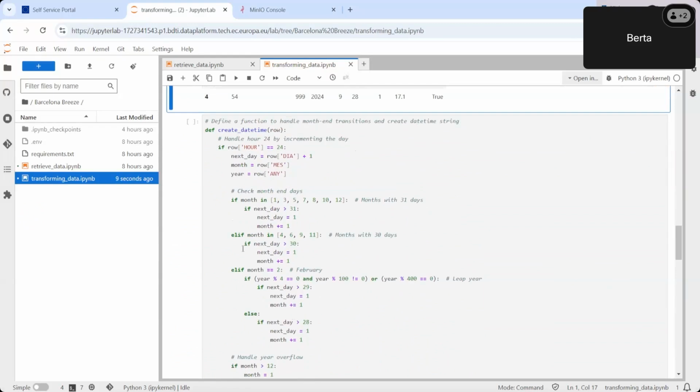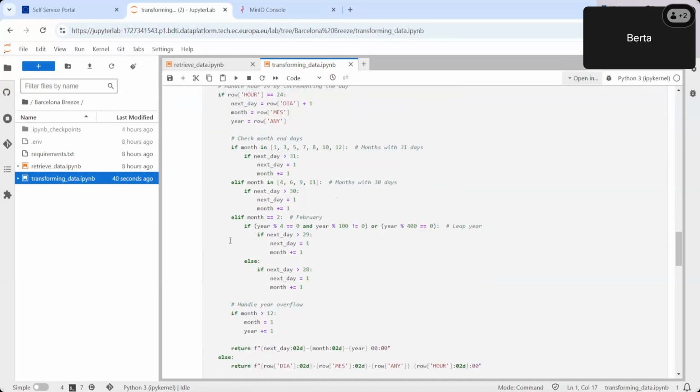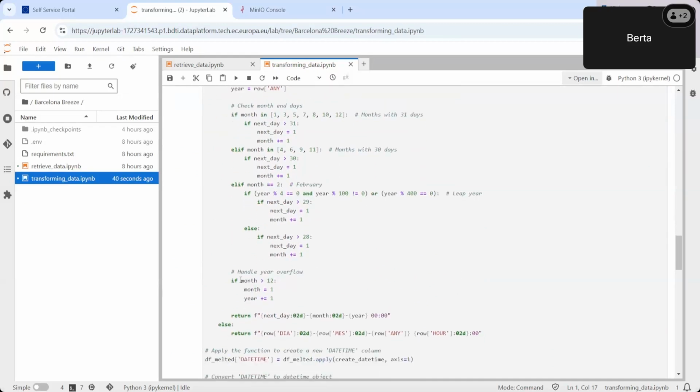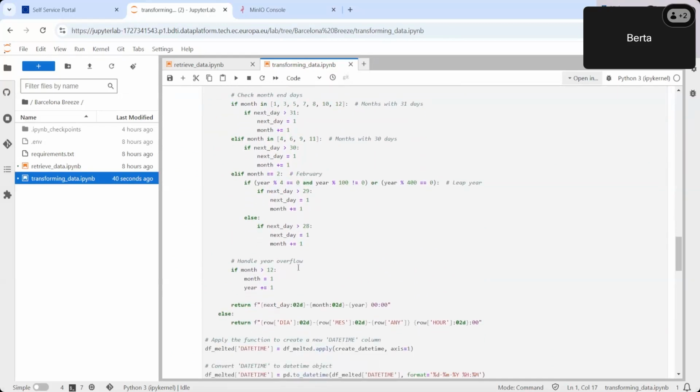We have such a long chunk of code because it's not as simple as just checking if it's 24 and if it is, turning it to 0 and increasing the day by 1, because there's the case where the next day may be part of a different month, or the next year, or a leap year, and then we need to account for that, not just increase the day by 1. So we're handling that with this. You can take a look at the code from the GitLab repo.